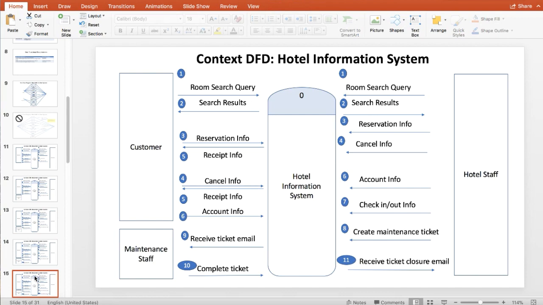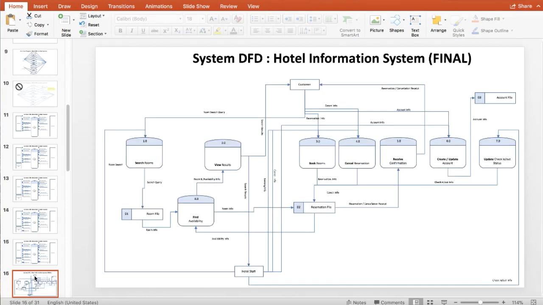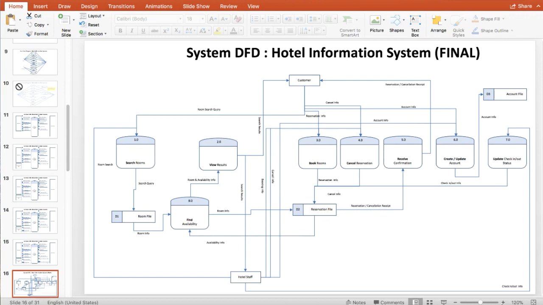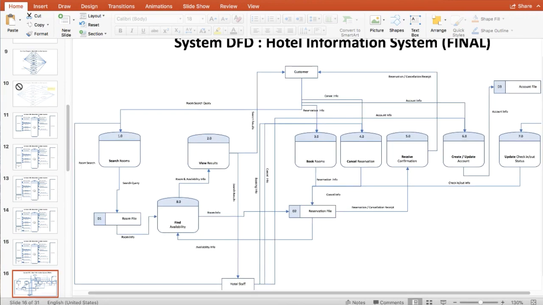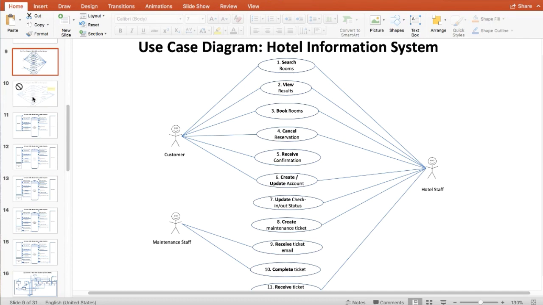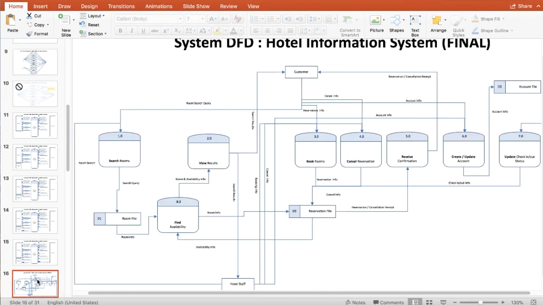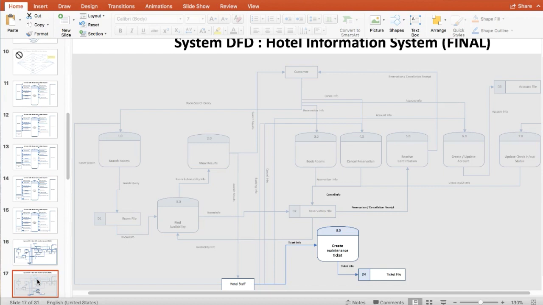So now let's transform that into the system DFD. So we ended up last week with this system DFD. We had the customer and the hotel staff. We had 8 functional requirements: search rooms, view results, book rooms, and so forth. Actually, did we have 8? No, we had 7. I think I added one in here and implied one. I'm just going to trip myself up now. All right, so now if we go into here,